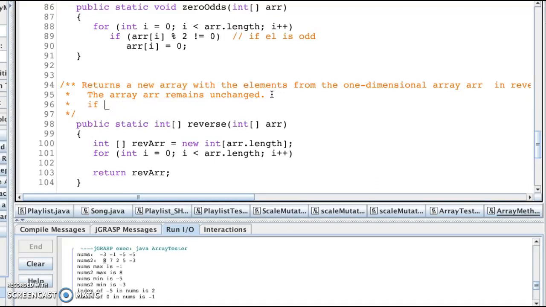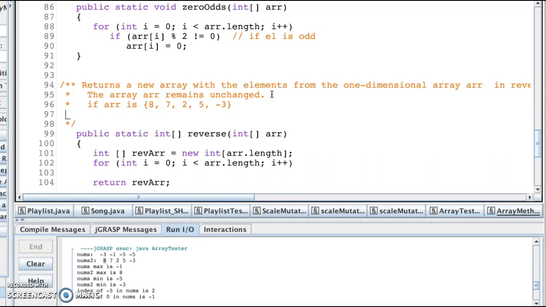if ARR is 8, 7, 2, 5, -3, then rev ARR is, I'm going to get these so they're close together, going to be the reverse of that, which would be -3, 5, 2, 7, 8. So we could get fancy with our algorithm and try to figure out how to do all this reverse, but I am simply,